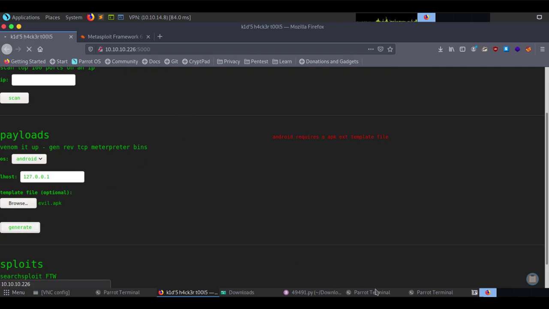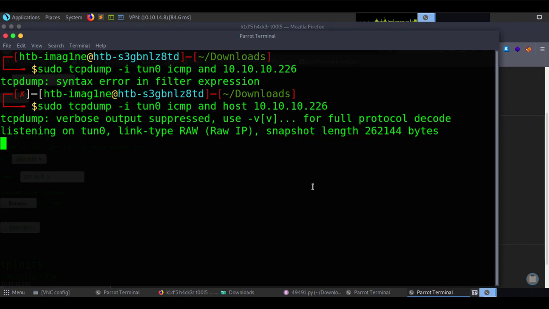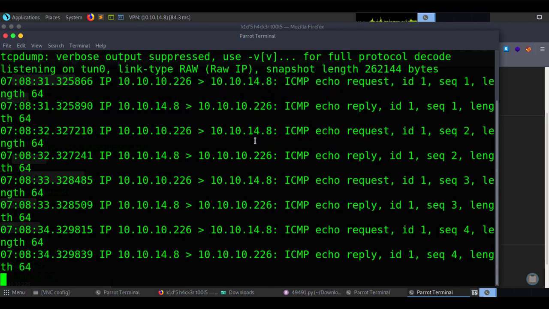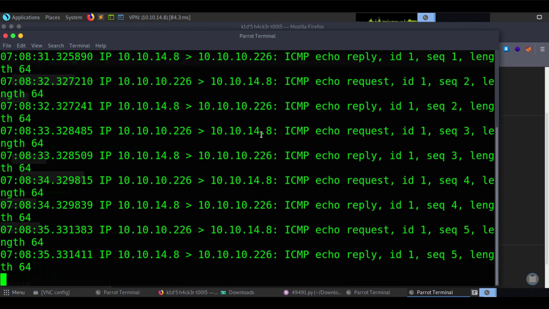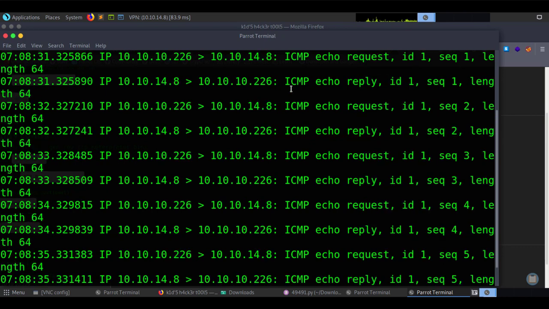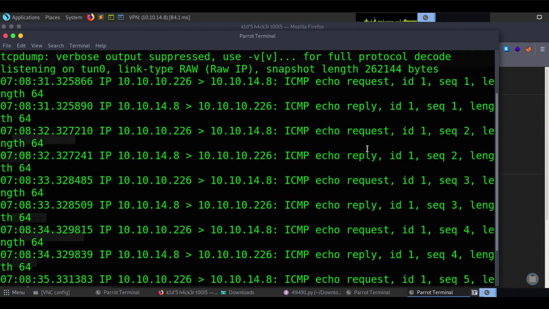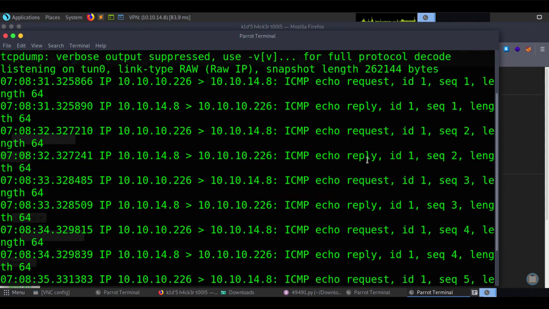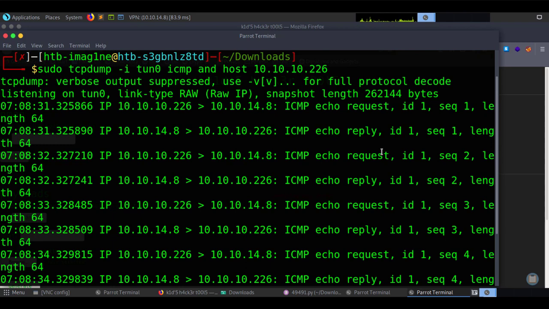And by generating it, we should be able to come over here and see once it runs it, here's our requests. So 1, 2, 3, 4, 5, I think is in there. 1, 2, 3, 4, 5. Okay, so that was my traffic, and I know that I'm getting my command execution,